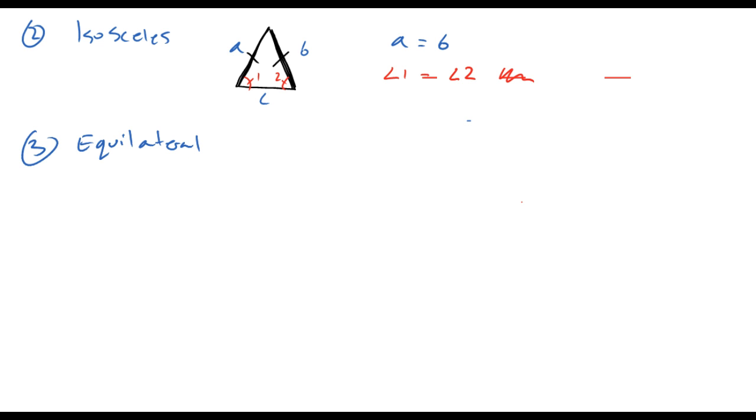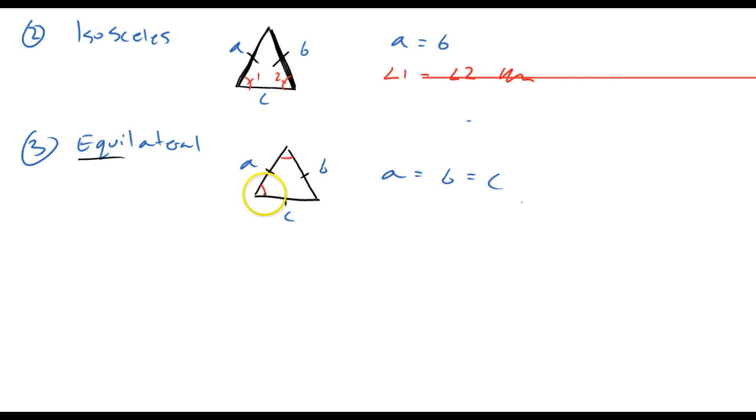Okay, last one we're going to look at is the equilateral triangle. And the equilateral triangle, as we know from the word equal, everything in the equilateral triangle is the same, including all the sides and all the angles. So ABC here, A would equal B would equal C. So those three sides would be the same, and then likewise all the angles would be the same. So angle 1 equals angle 2 equals angle 3,